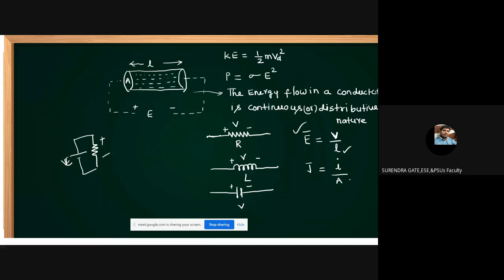It is a scalar, meaning this polarity and this polarity are the same. Then what is the direction of current? Yes, friends. Here the area is a scalar. The direction of current through these elements is the same as the direction of J. The direction of J is also the same as E only. I and J directions are the same as E only. That's why this is the direction of the current.